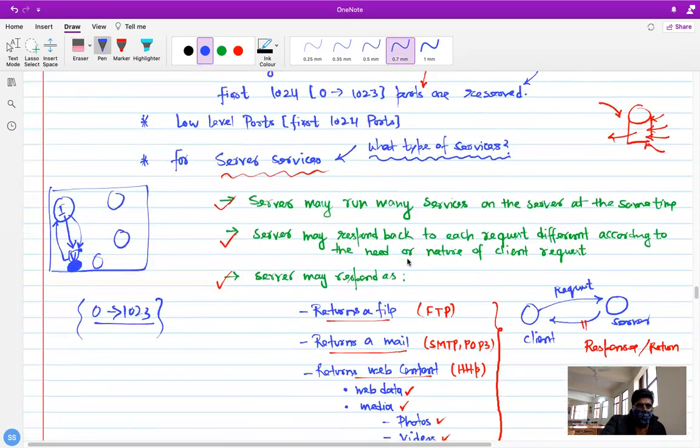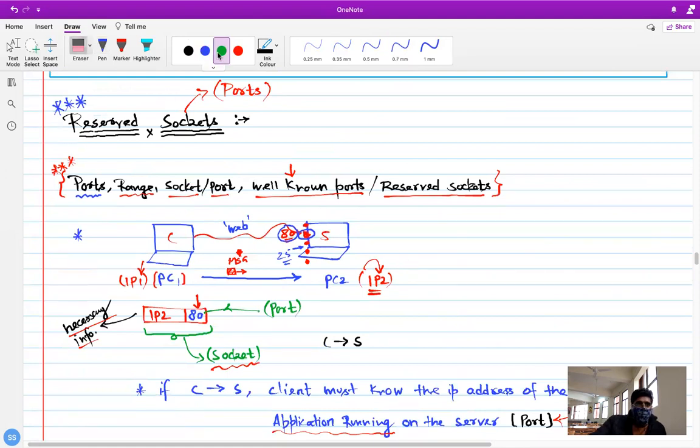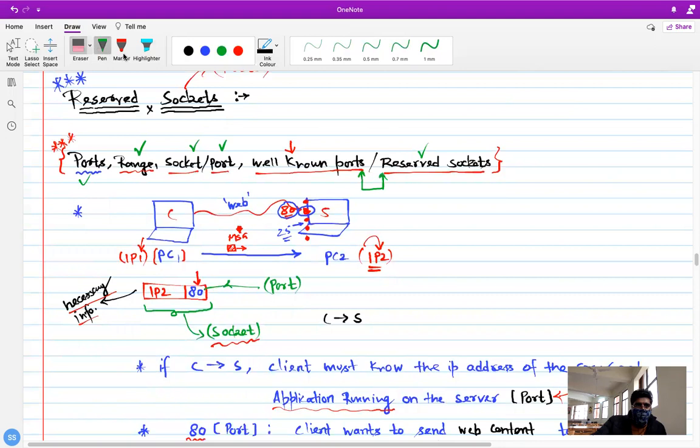Okay, let me come to a very important point. We have covered the range, sockets, what ports are, well-known ports, reserved sockets, and ports. If you can, pause the video and ask yourself: what is the difference between well-known ports and reserved sockets? If you go to the start of this video, I told you that a port is where the web application would be running, or wherever your protocol would be running. But a socket is made out of an IP address and the port number.